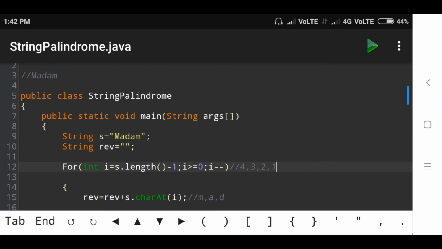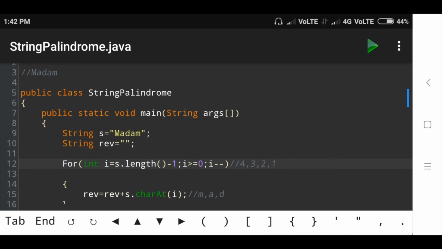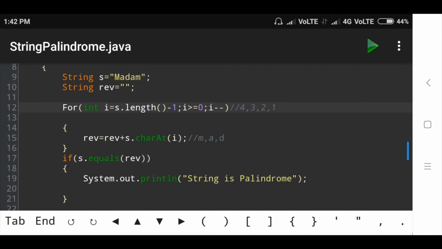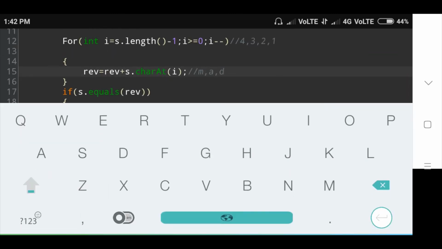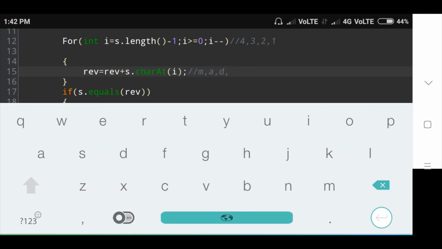Then check the first position, 0, 1, the first position character is a. Okay, the initial 3 characters are mad, then add the next character a. Okay, stored in the reverse variable.